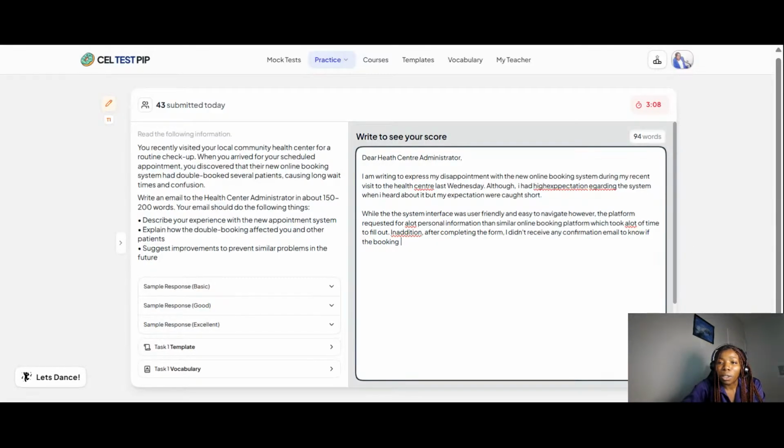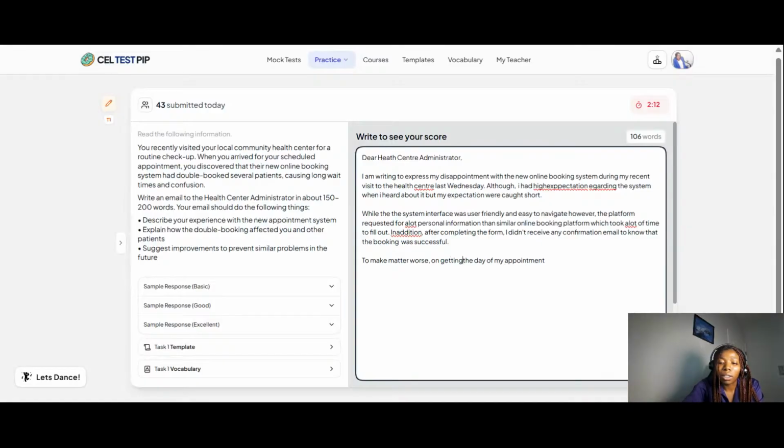I didn't receive an email to confirm that the booking was successful. So I know that I have answered bullet point 1. To make matters worse, on the day of my appointment, on getting to the clinic,